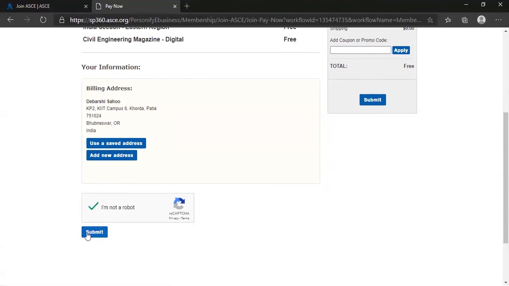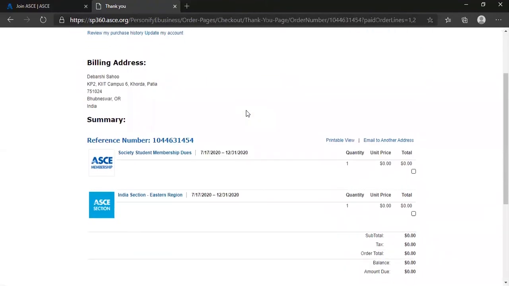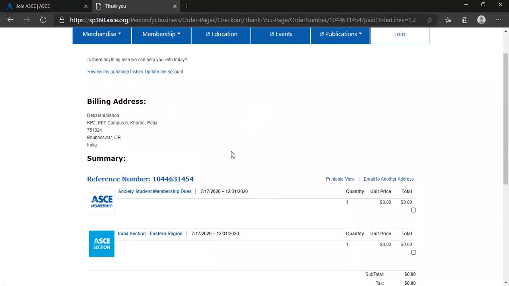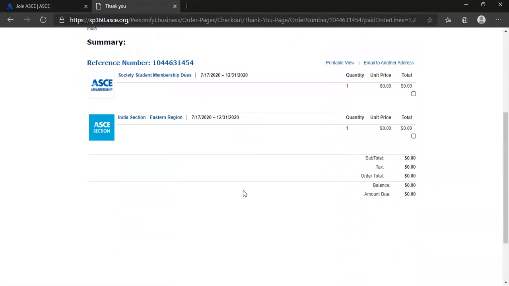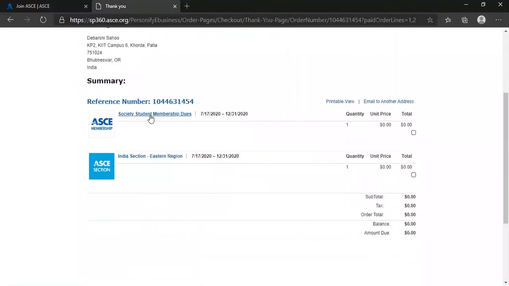Click on this, obviously I'm not a robot. Then click on submit. And as you can see, I have already registered as an ASCE student member, and you can see this. And let's